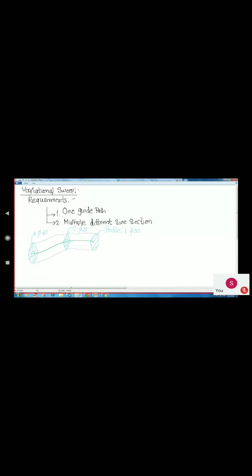Okay, so this center is your guide path. Okay, take a screenshot of this note.